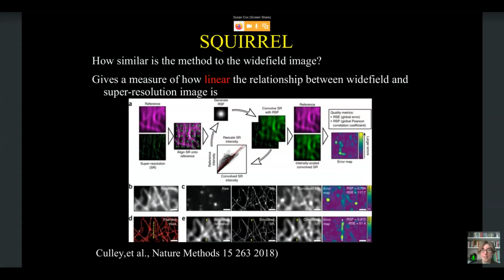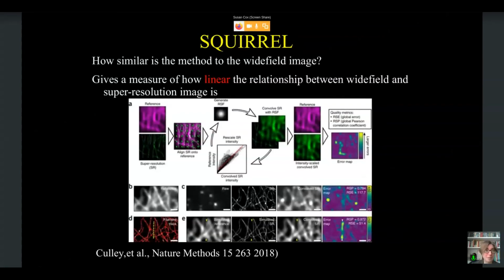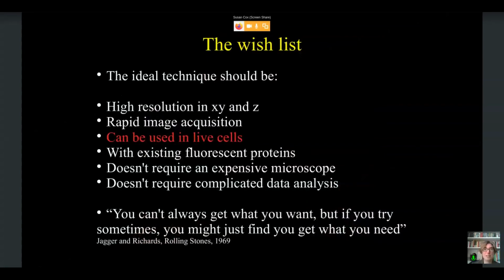Now, this can give you an error map. It's really great for showing you missing structure, and it shows you how linear the relationship between the wide field and the super resolution image is. So this is a way that you can get maps of how much your super resolution image is differing from your reference image. So we're just going to put a pin in that,